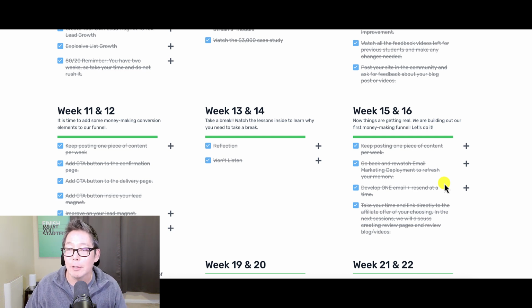And I've shown you guys in the past what it looks like, but I did go above and beyond with this email automation before I even got to weeks 15 and 16 because I have some experience under my belt. And so when you have that experience, with that comes perspective. And so from that, I put together an automation that is above and beyond what was given or what was instructed in weeks 15 and 16.